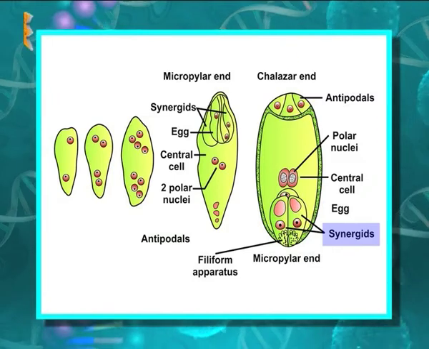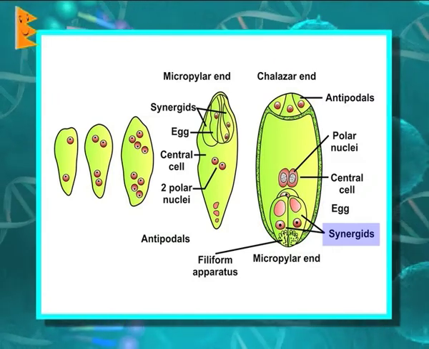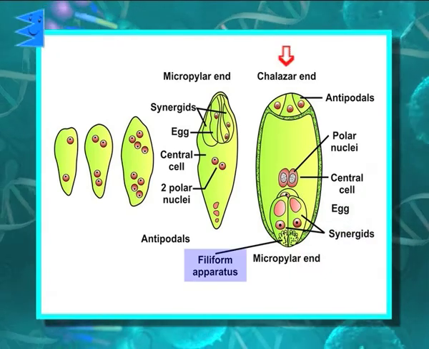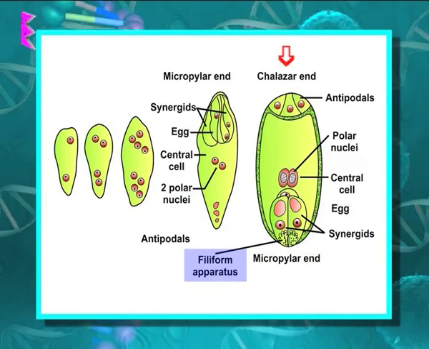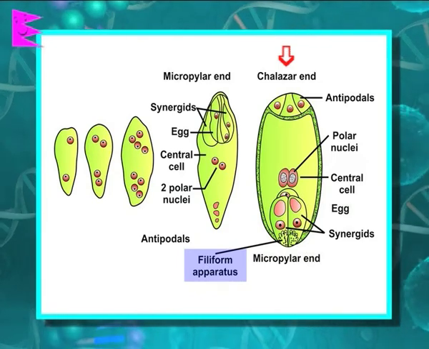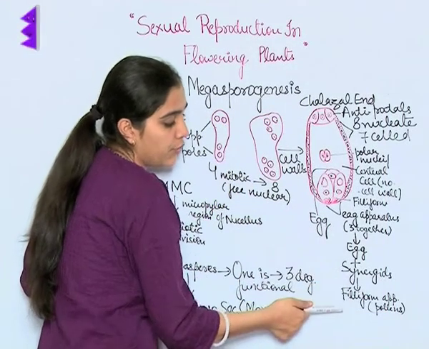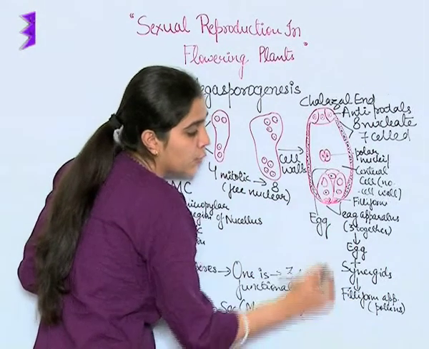Now these synergids are known to have an outgrowth which is known as filiform apparatus, which is found to be very helpful in guiding the pollen. When the pollen grain lands on the pistil, this filiform apparatus helps the guiding of pollen tubes towards